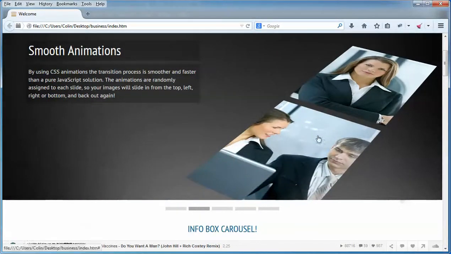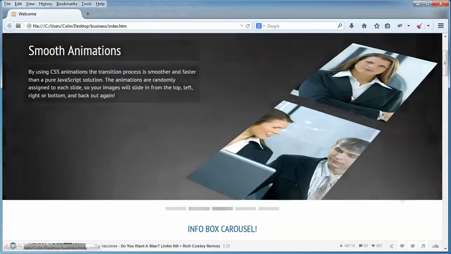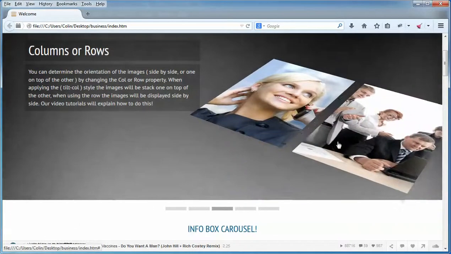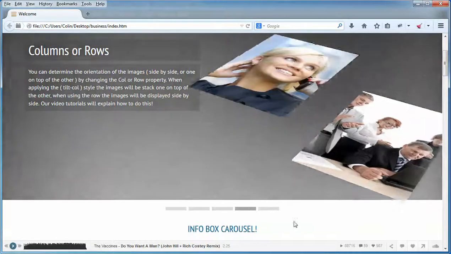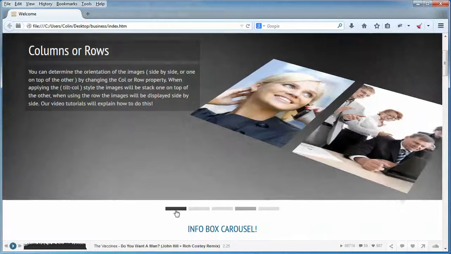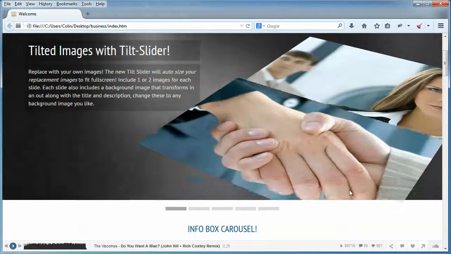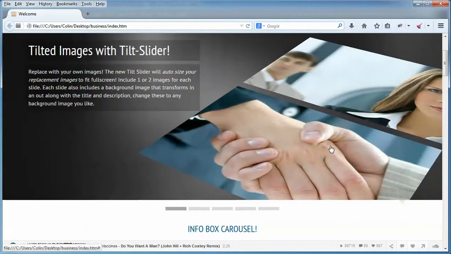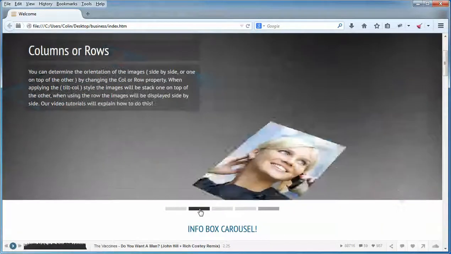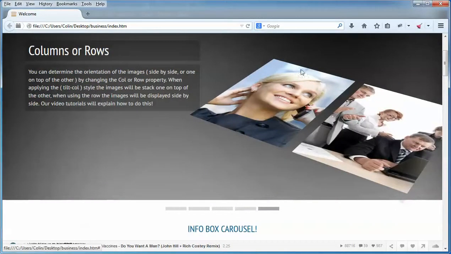And you can tell, maybe depending on what images you put in here, you may want to have them sized in terms of portrait or landscape. Like pictures that go side by side, portrait pictures work really well for that. Pictures that stack one on top of each other, somewhat like these ones here, those are landscape oriented pictures. In other words, they're wider than they are taller. These pictures here are taller than they are wider, so they orient a little bit better when they're displayed in the page like